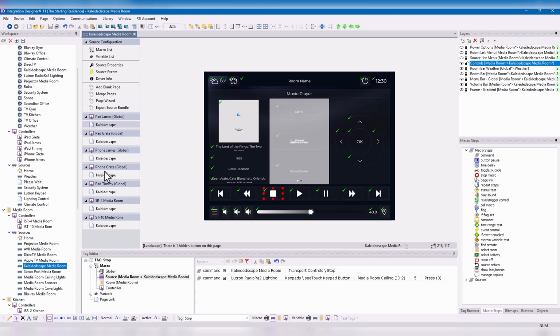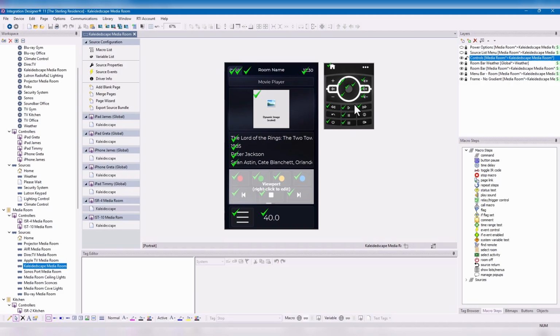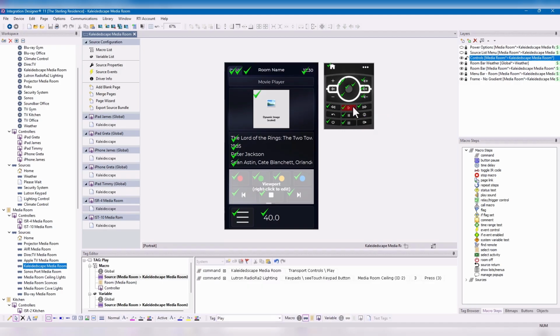And it would stink if I had to go and make changes to each one at a time. Not only is that time consuming, but that could open me up for some mistakes because of the repetition and monotony of it, right? But as I start to click on other controllers and I click on those buttons that have the same tags, you'll notice that change, because it's a source level macro, will populate on wherever that tag appears,